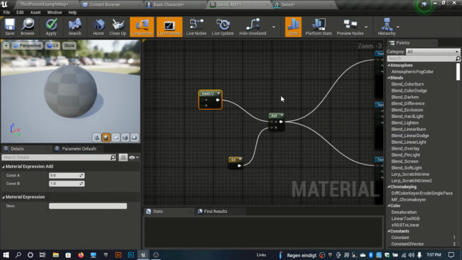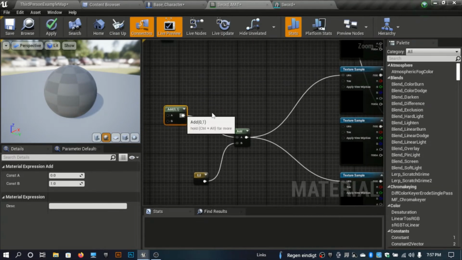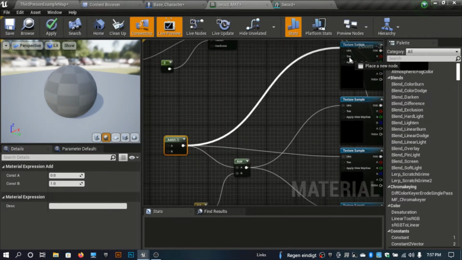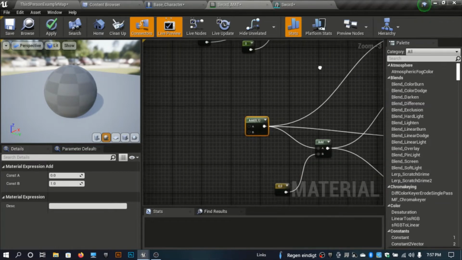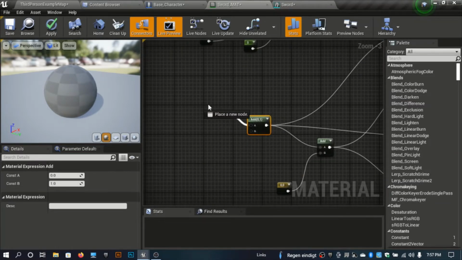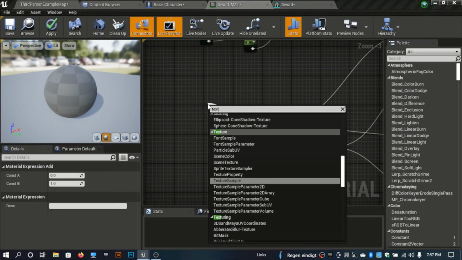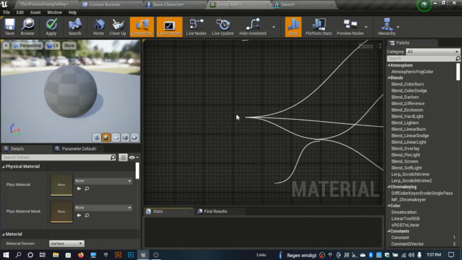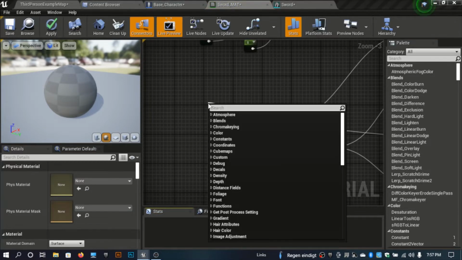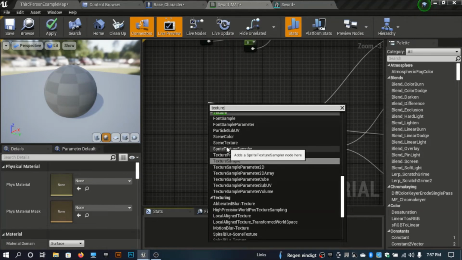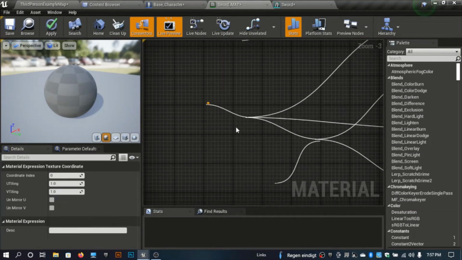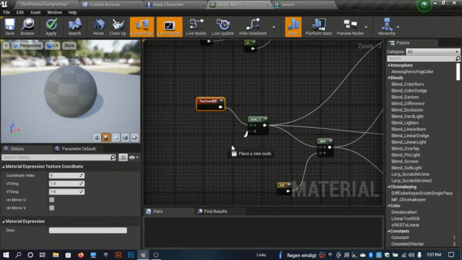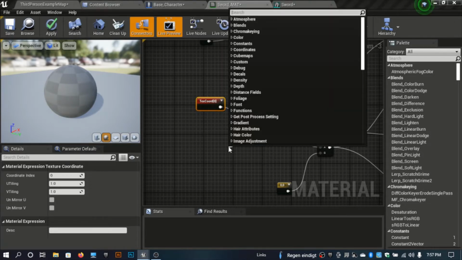So here I'll plug this into this normal map, and here this into this. Okay, yes, that's done. So here I'll get the texture coordinate, not this, sorry, texture coordinate. Here I'll use another 2 vector,